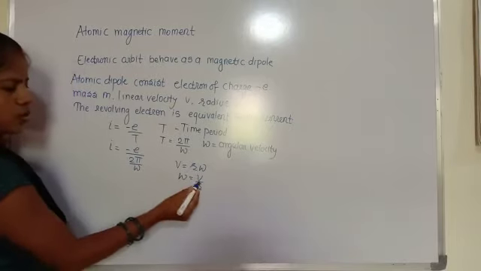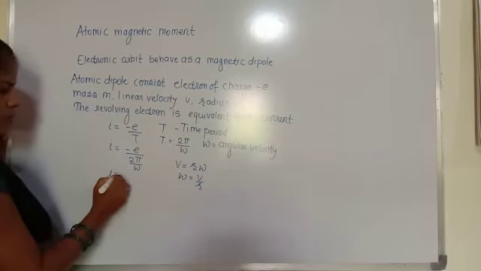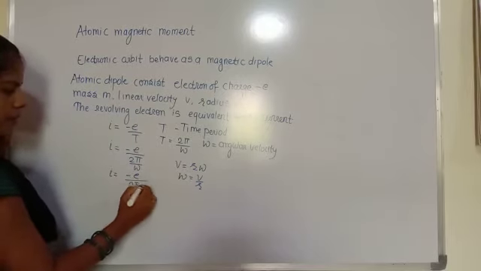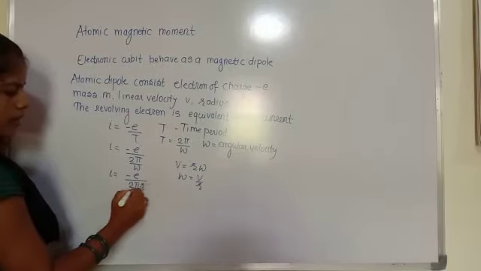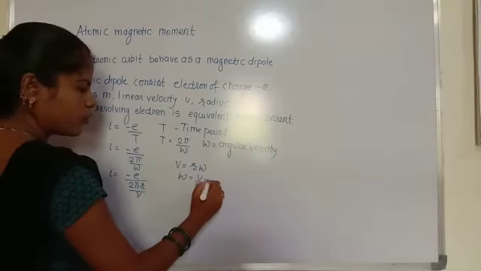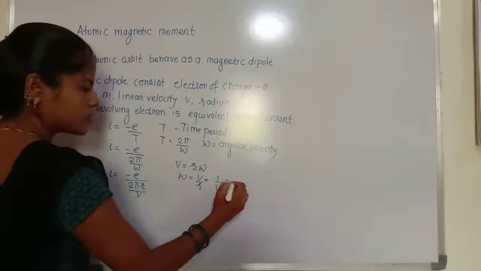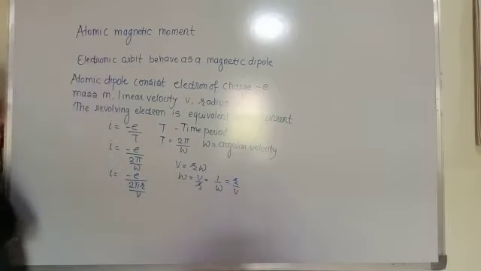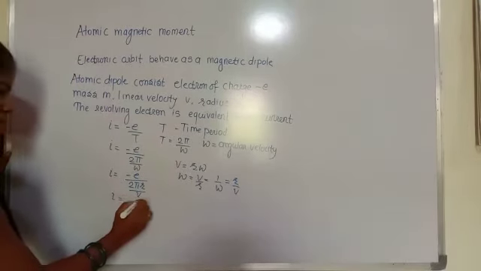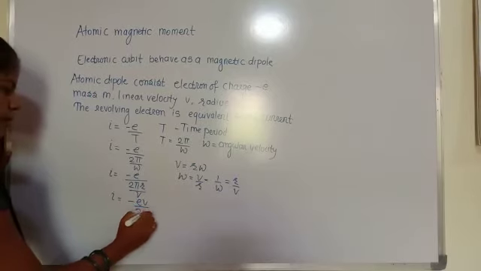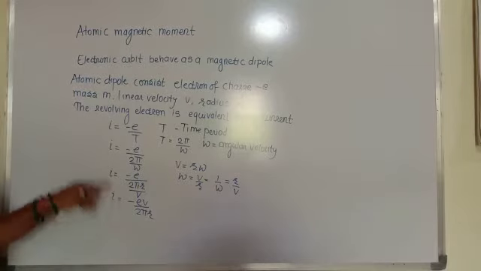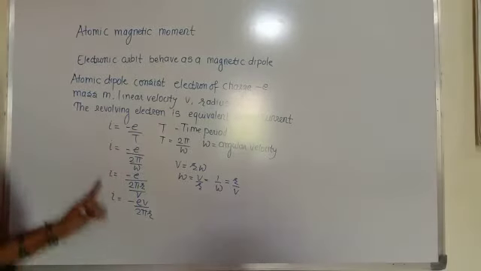So put this value of ω in this equation, we get I is equal to minus e divided by 2π, here r by v. This is the reverse, 1 by ω is equal to r by v. So therefore I is equal to minus ev divided by 2πr. This is the value of current with which the electron revolves, which is opposite to the direction of electron motion.